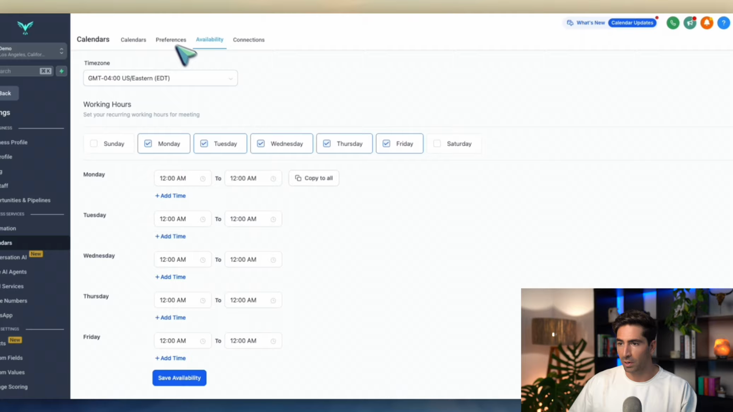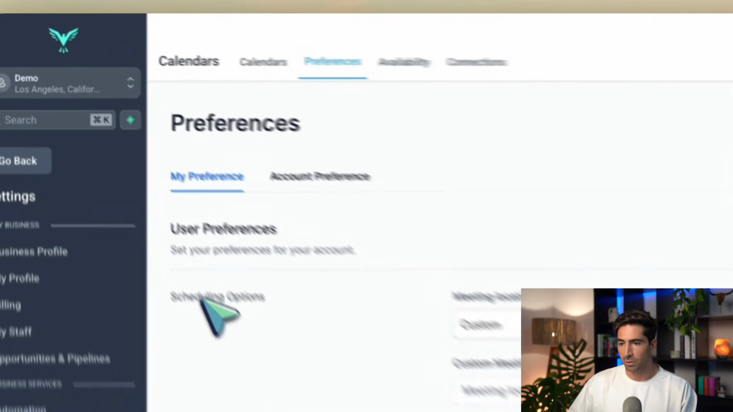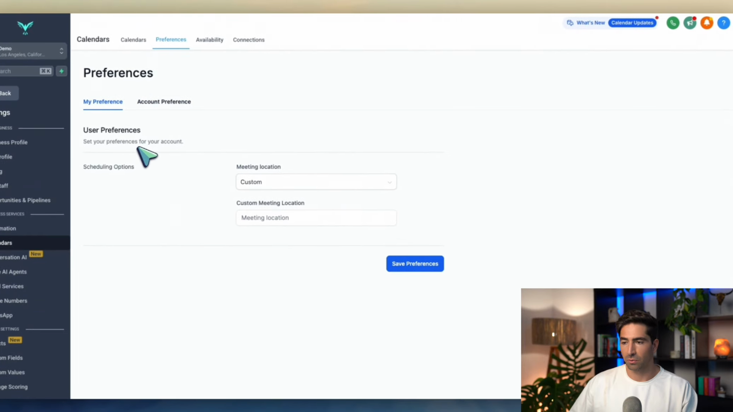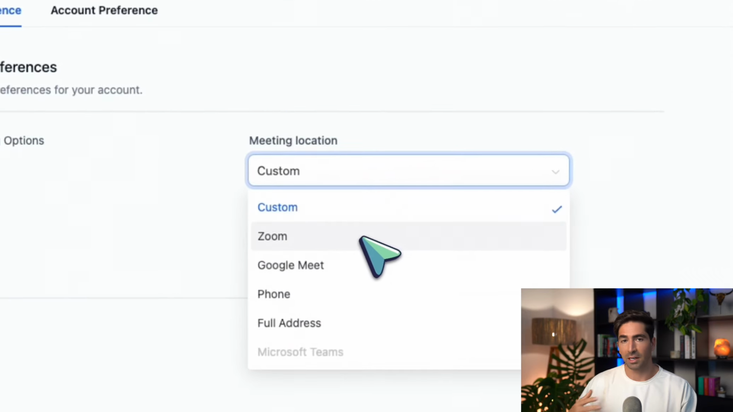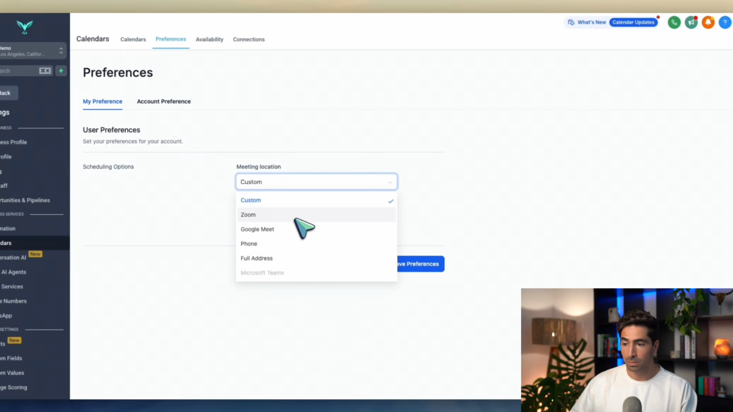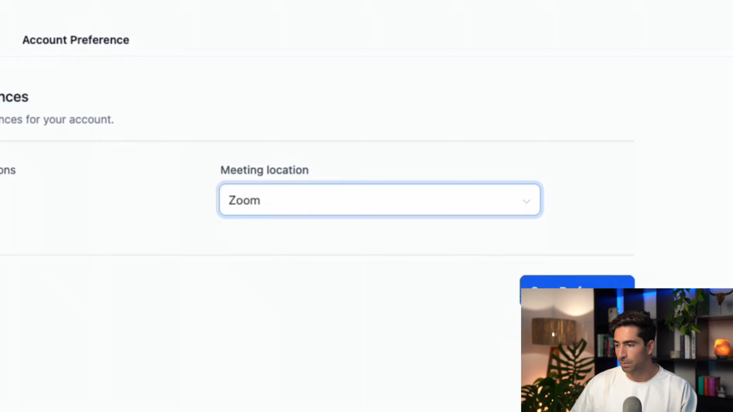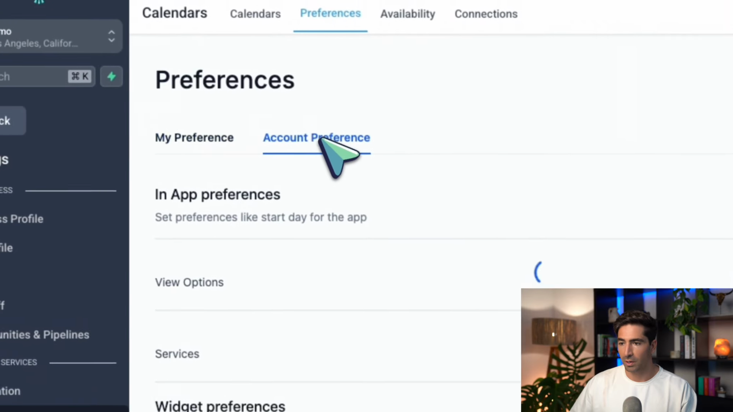Once you've done that, you can move on to preferences. This is going to be your user preference in terms of where you actually want to take your meeting. In this case, I personally like to take my meetings on Zoom, so I'll select Zoom, but you can select Google Meet. You can do your phone. You can do full address if you're actually meeting with clients or prospects in person. For the sake of this example, I'll just click Zoom, click save, and then we can move on to account